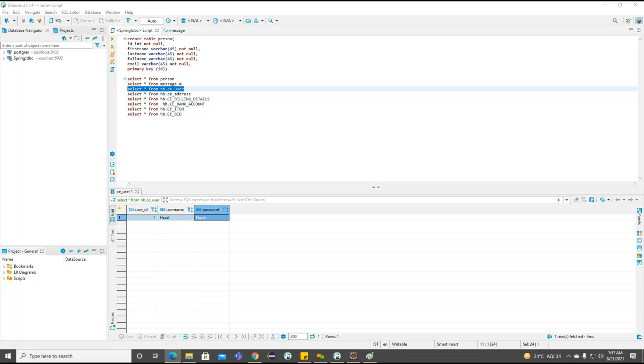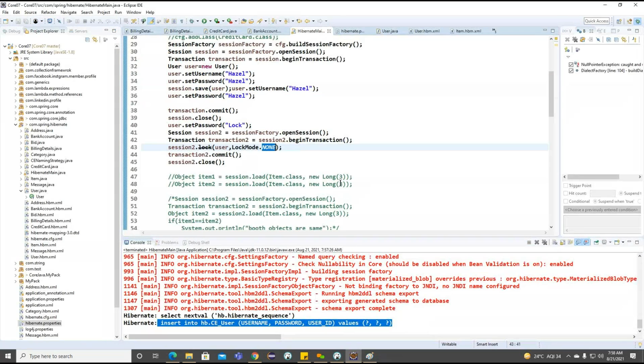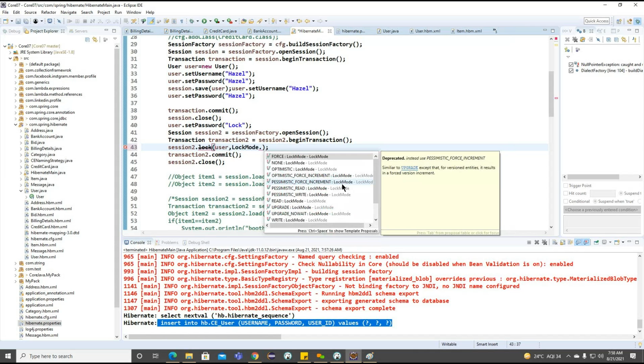Right. So we'll discuss about this particular lock here. Now what we are doing here? We are not performing any version locks here. Whenever we are making this particular lock mode none here, we are not going to make any locks here. So we can provide some locking system here, reading the data or upgrading, getting the point. So we'll have different lock modes here. Now you can see these are the enum types we are having. Each enum type will have its own purpose. Okay, we'll discuss more about this particular lock information here.